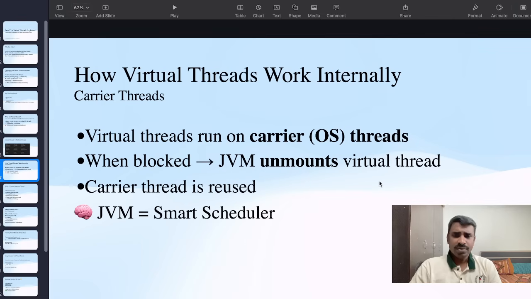So one OS thread can have multiple virtual threads, so that the JVM can schedule millions of virtual threads. The JVM handles it very smoothly, so virtual threads are very fast and minimal cost, and it is not blocking the OS threads. It uses OS threads, but not one-to-one, so the use is very minimal.